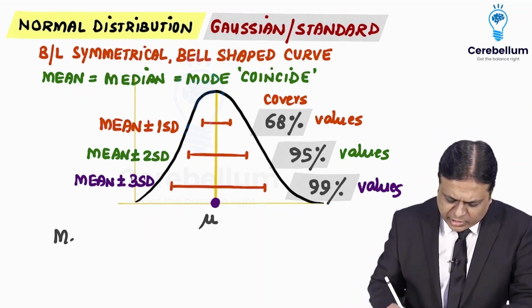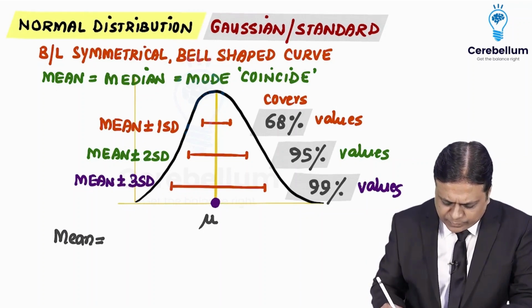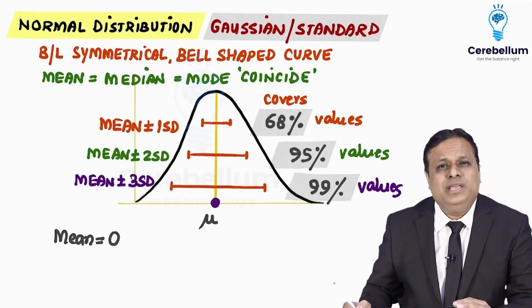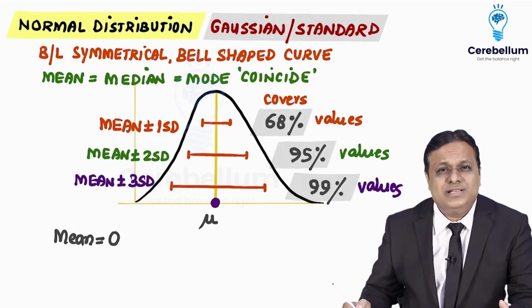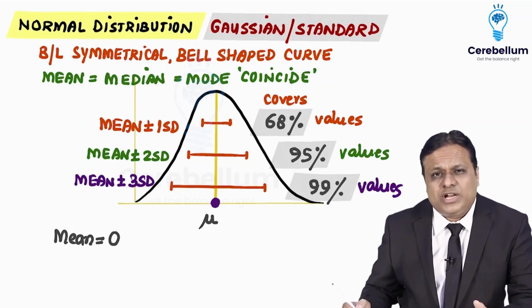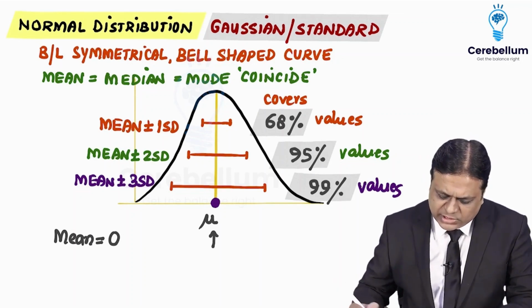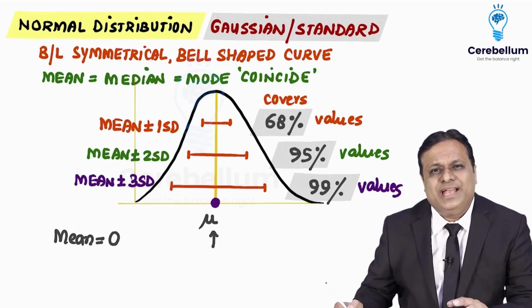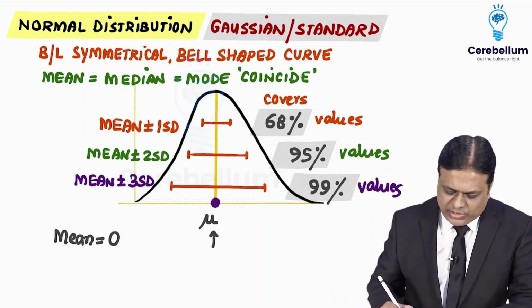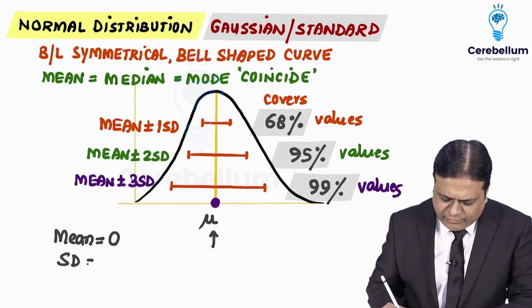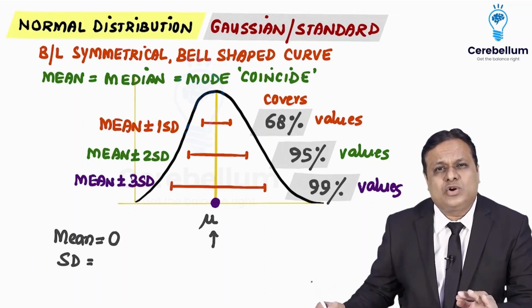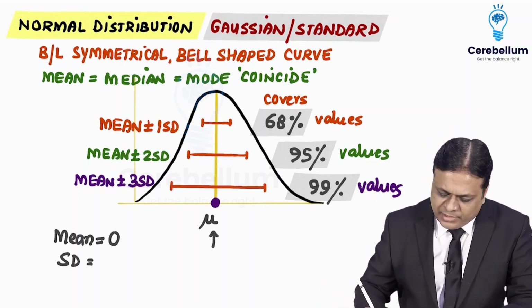If you take mean to be 0, see, mean value cannot be 0, mean weight of a class cannot be 0, mean height cannot be 0 centimeter. So what does mean equal to 0 mean? If mean is considered to be located at center, and that center let us call as 0, then total standard deviation will be, friends, this is a concept based thing, try to understand.